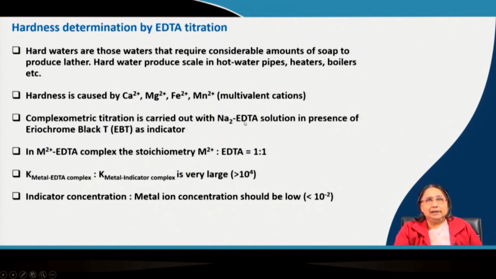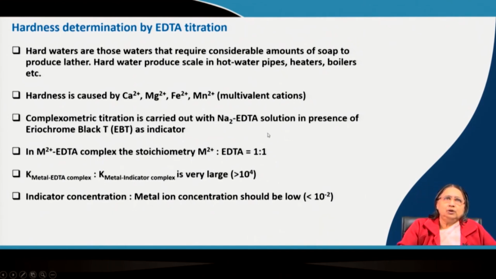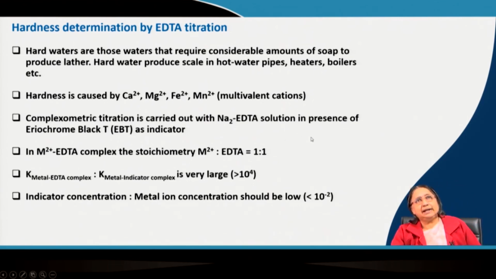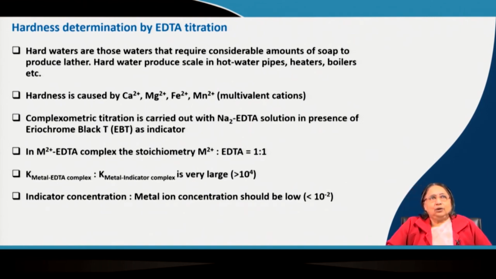EDTA is a very good complexing agent. So, it complexes with the free calcium magnesium ions present in the conical flask, that is sample water. Now, slowly EDTA concentration is increased, all the calcium magnesium ions get complexed with the EDTA while reaching the end point. Now, end point is reached. So, what will happen? All the calcium magnesium ions will be consumed by the EDTA through the complex formation. Now, what will happen? Now, the EDTA